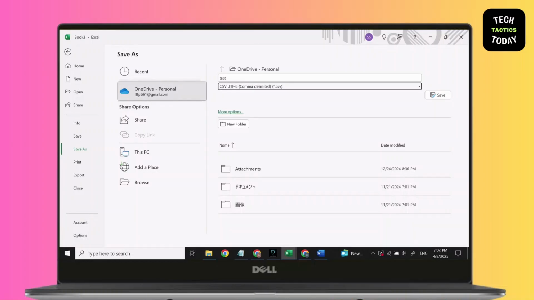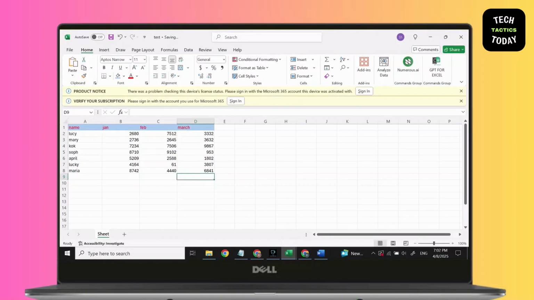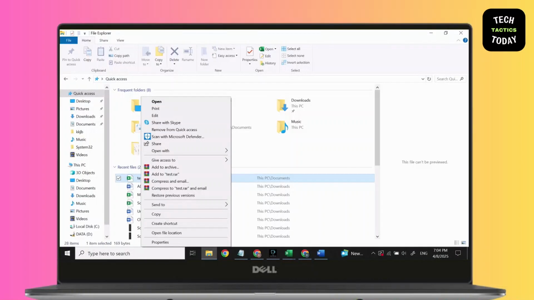After you click on Save, simply go to Folders. After you go to Folders, search for this file that you created. After you go to your files that you created, right-click on it and then click on Open With, which is